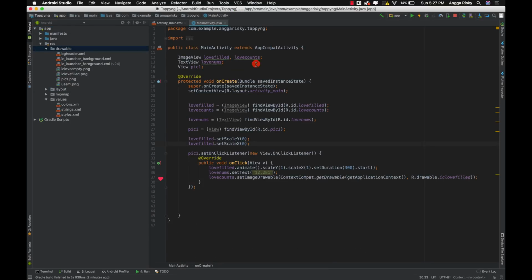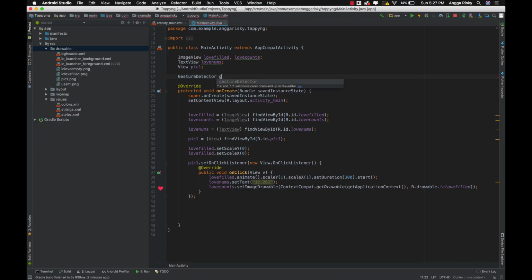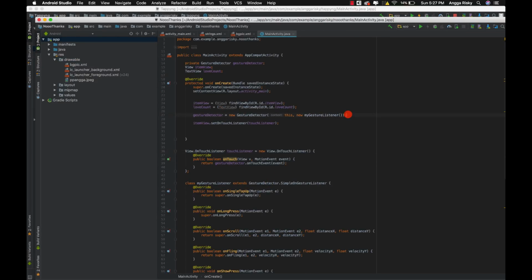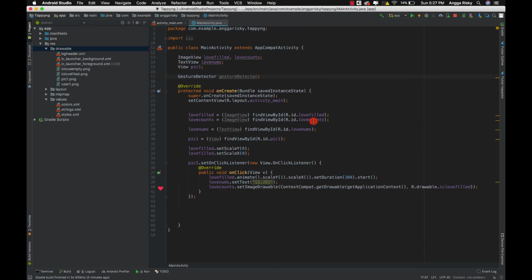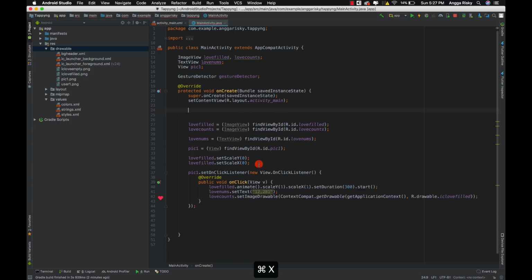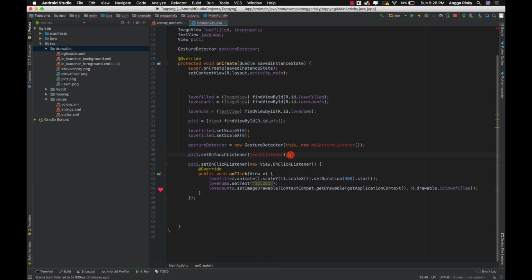So first of all, we have to register the gesture detector. Okay, just register the gesture detector. And then after that, we're going back to here. After that, we have to use this one. Okay, I'm going to copy, and then I'm going to put over here. But for this item view, we have to replace with this pic, right? Okay, I think it should be nicer if we put it below this pic one, right? And after that,